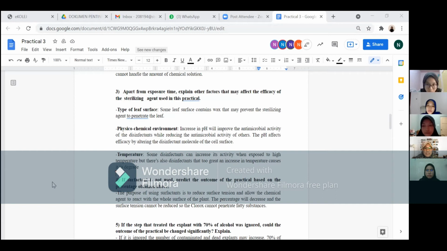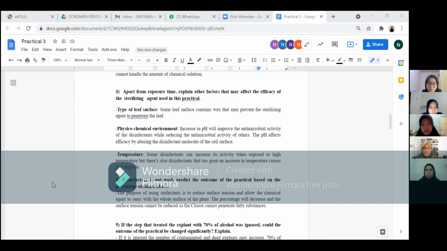The first one is the type of the leaf surface, because some leaf surfaces may contain wax that prevents the sterilizing agent from penetrating through the leaf. And the second factor is the physiochemical environment, where the increase in pH will improve the antimicrobial activity of the